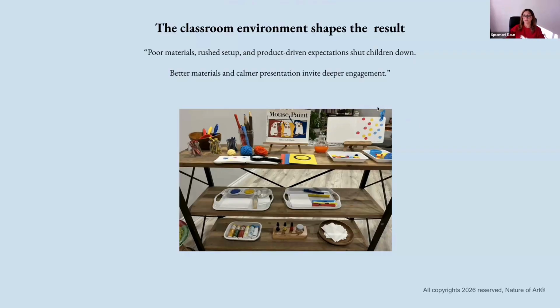So just to give you a visual, this is just a primary setup. I have some examples and ideas. I have some trays that children can experiment with: primary paint sticks, primary paint, primary dot stampers. This is a material that I make for primary color mixing, and watercolor paper.